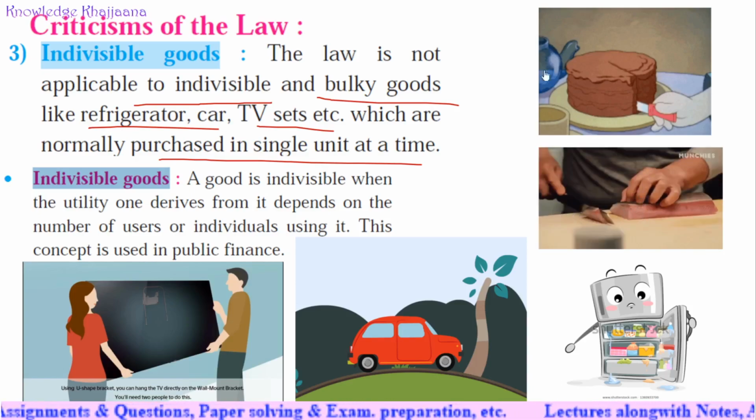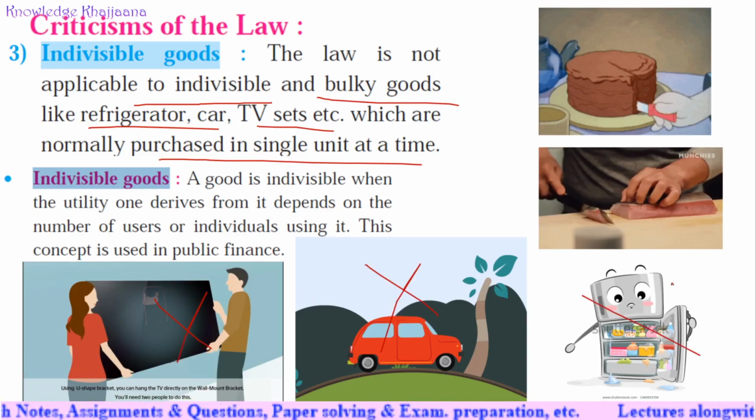But is it always true? Can all things be divided into parts? No. For example, durable goods like television, refrigerator, washing machine, car, can those be divided into parts? It cannot be divided into parts and consumed. The assumption of the law is that the good is divided into parts, that is, marginal utility can be measured by making parts of that commodity. But that is not possible for durable goods.